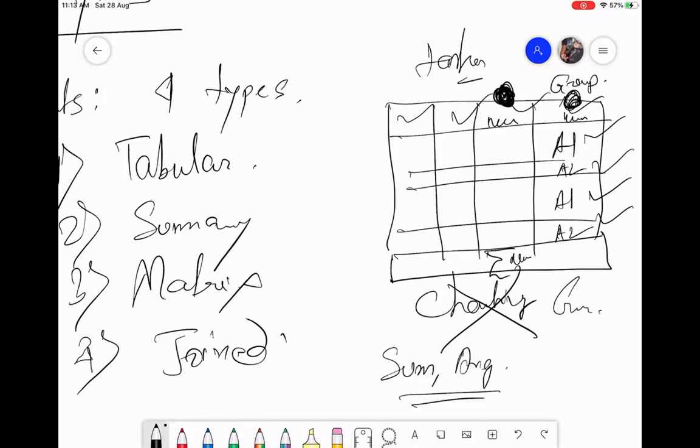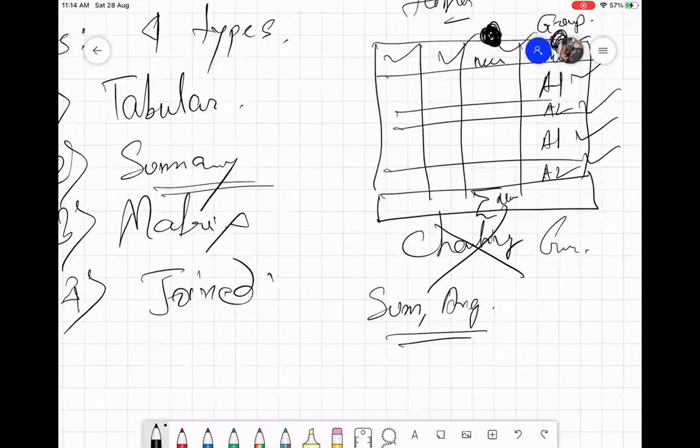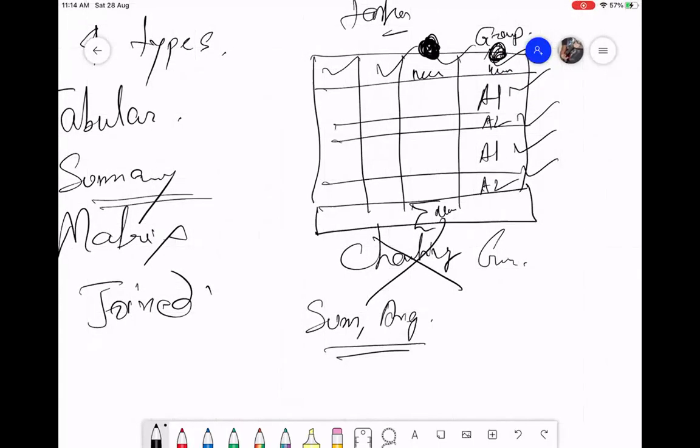If I am grouping based on one column, basically a vertical grouping and vertical totaling, that becomes a summary report. You can also group by multiple columns, and then also it is a summary. That means grouping by rows.